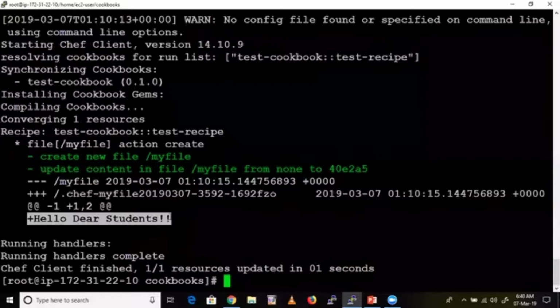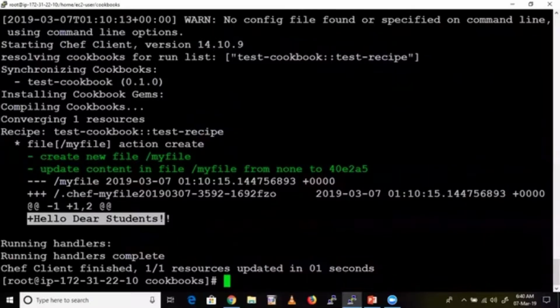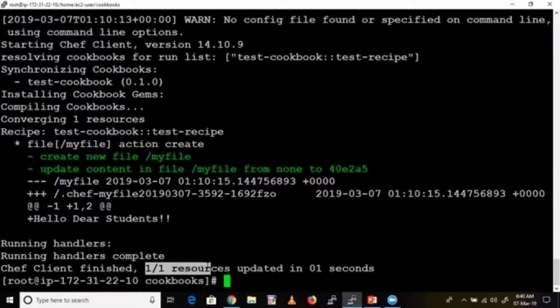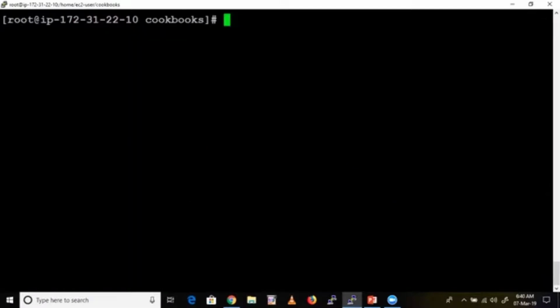I told you, file is one resource. That's why here one by one resource updated; we mentioned one resource, and that resource got executed. Chef client finished. Now we have created the file. Chef client executed that recipe, which means we have converted the code into infrastructure.